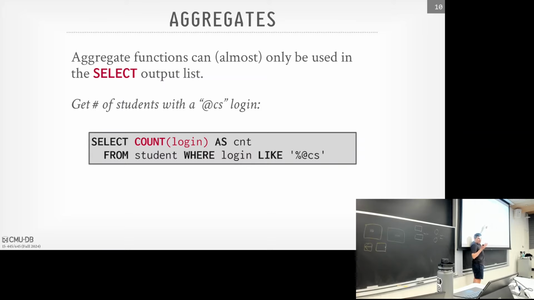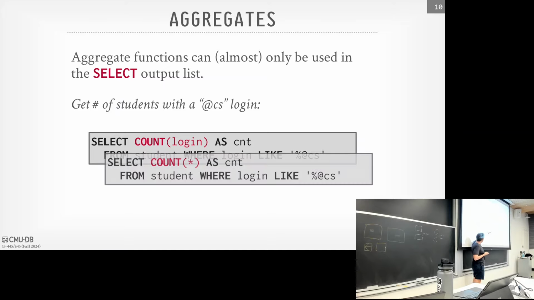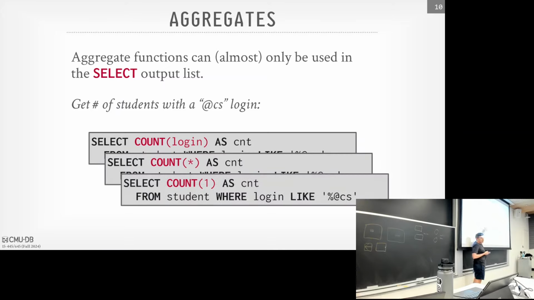This is actually meaningless, because you think, what does it mean to count a login? You're just counting tuples, right? So you could replace this with a star or a 1. It doesn't matter, it's still all the same. And then you see here in the where clause, we have login, and then this like operator